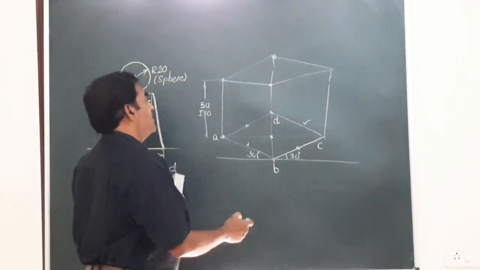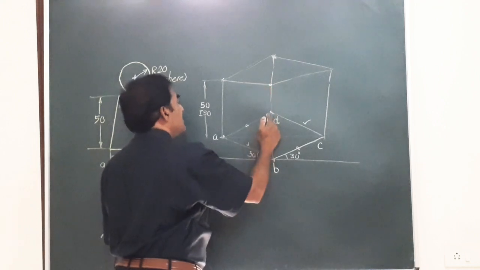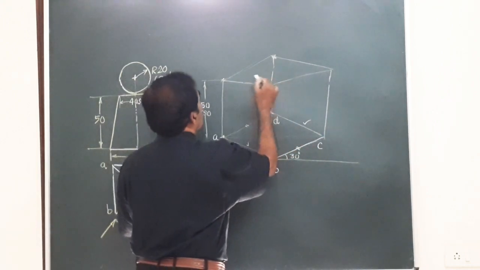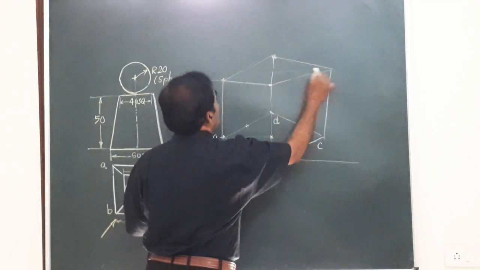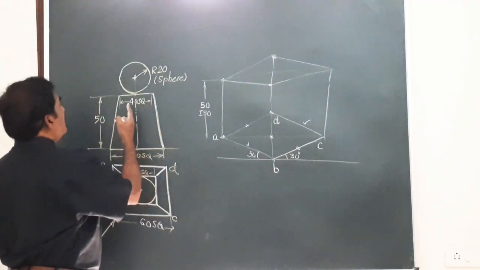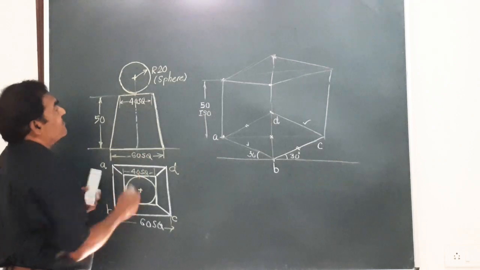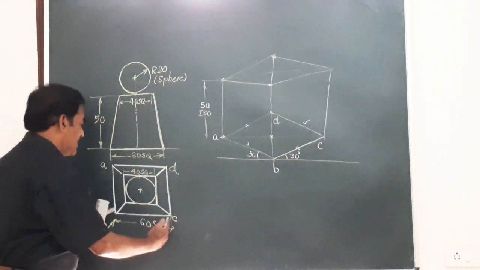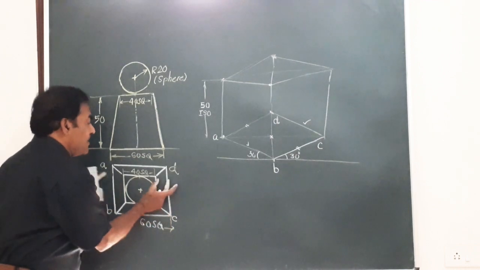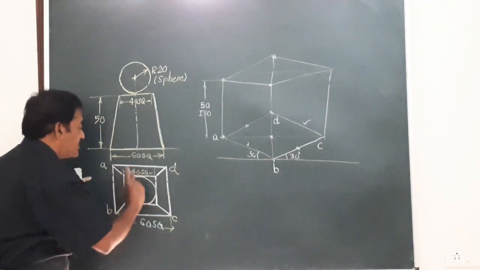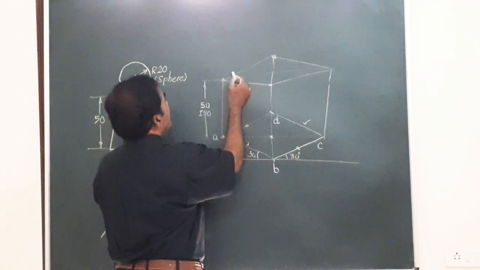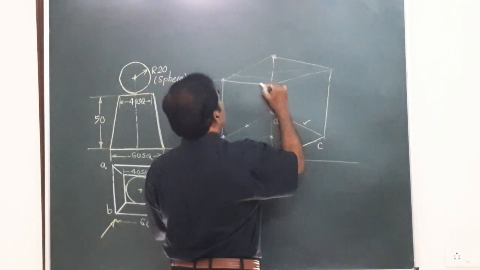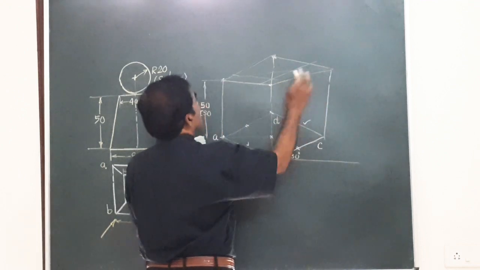Remember again friends, the figure I have got here is exactly the photocopy of this ABCD, and here we have to construct the frustum, the top face of the frustum, that is having 40 millimeter side. How to construct that? Friends, look at the board. This is 60, this is 40, and each gap on all sides is 10. So I will take here 10 millimeter, draw a line parallel to this, it will meet here, another line through this.